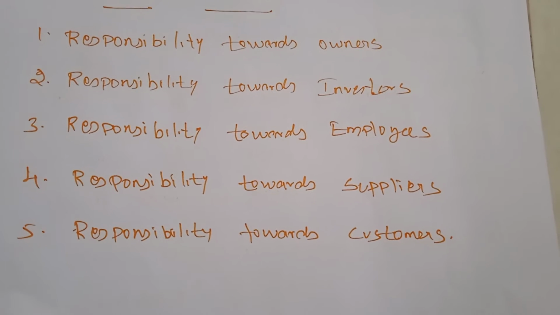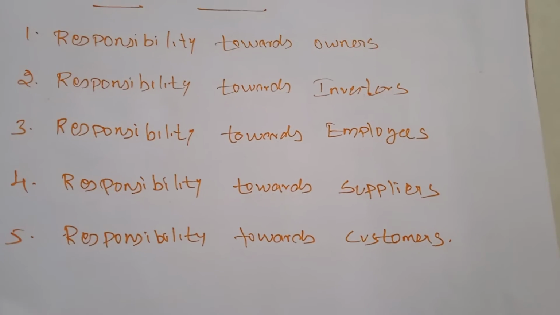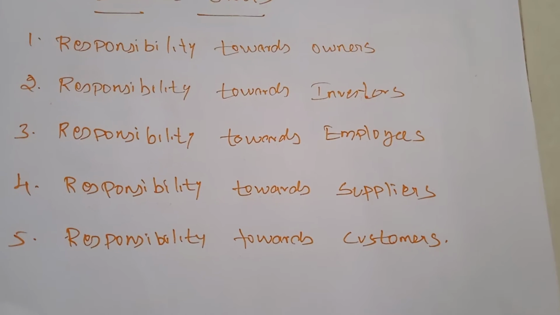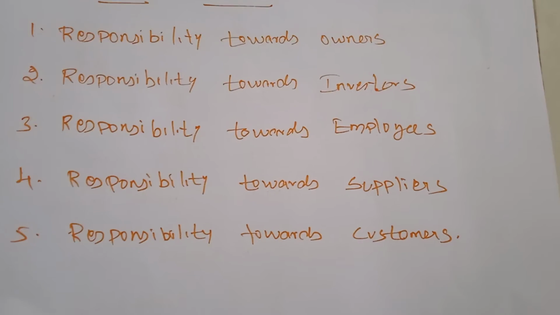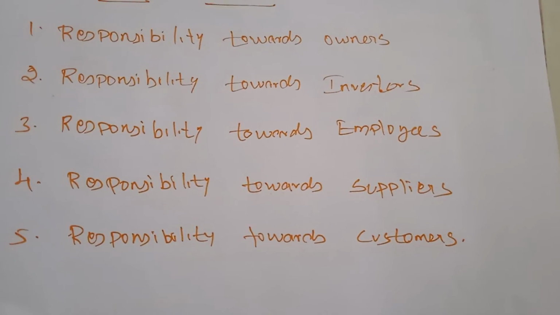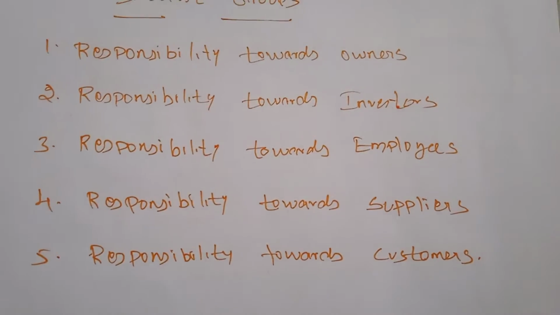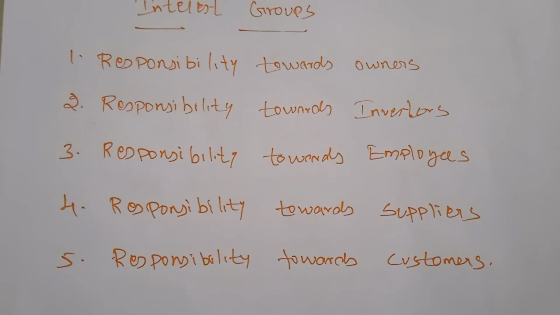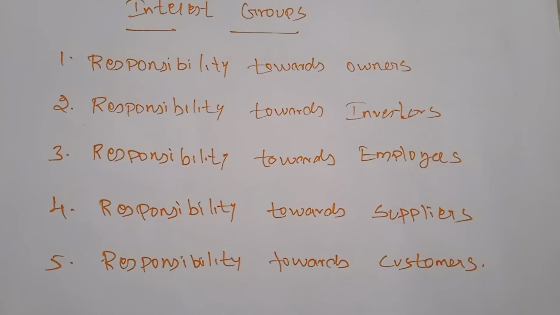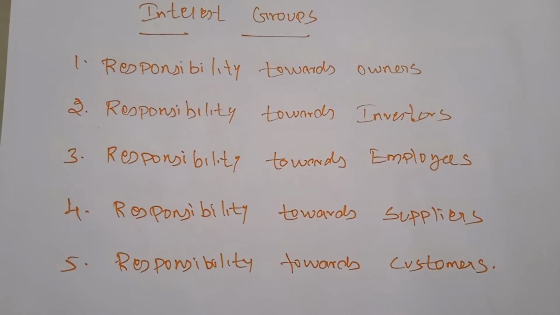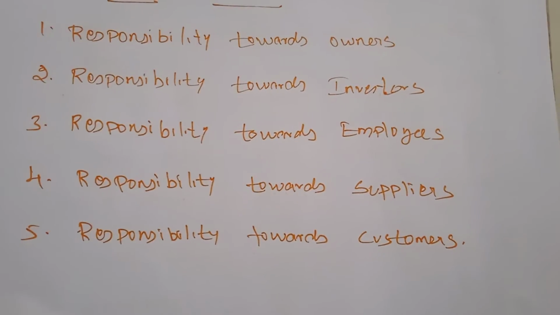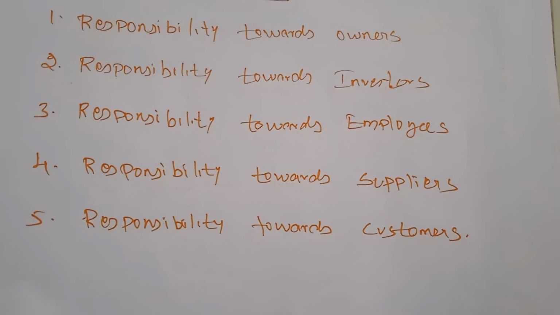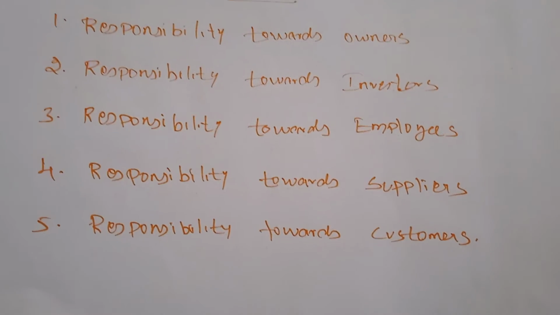The producers will never produce continuously if there is no continuous supply of the raw materials. So the business organizations also have to take some of the responsibility towards the suppliers. Certain suppliers, called distributors, supply finished products to the consumers and some other persons also. And in whichever way the business organizations can take responsibility towards the suppliers, so the business